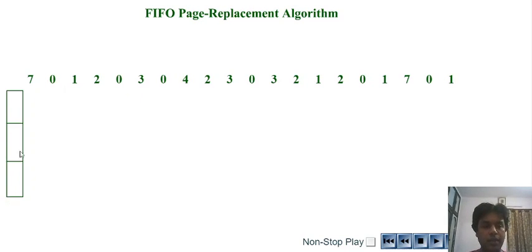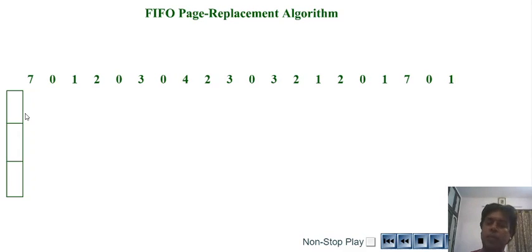This is nothing but a memory which has been divided into equal size chunks, that are called frames. Here we have a memory which is divided into 3 frames. So these pages will be in any of the frames at runtime. We need to make sure that these pages are in the memory, and then we are going to see whether a page hit or page fault occurs.